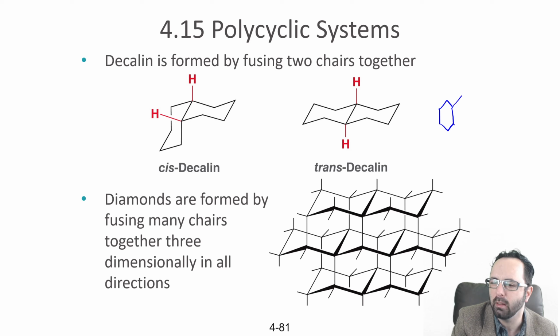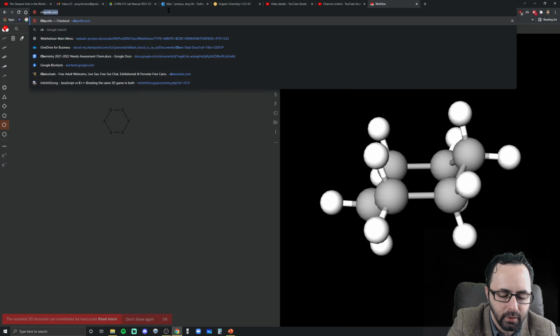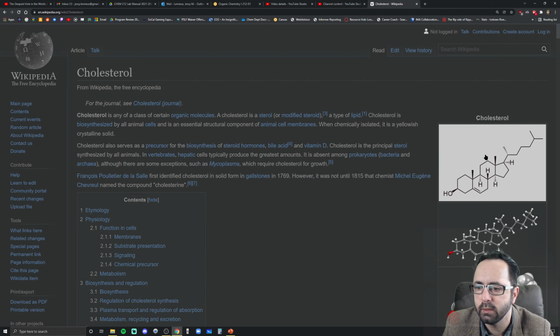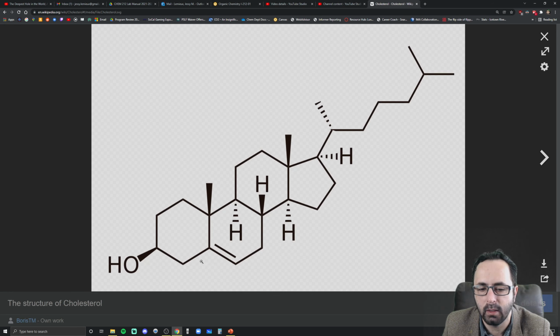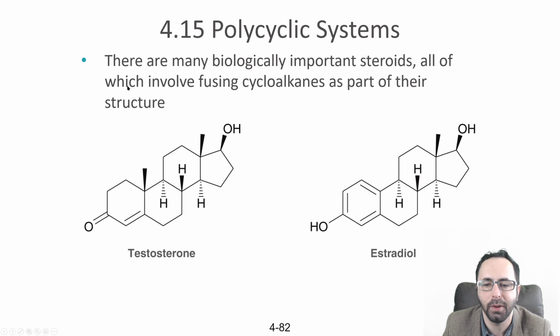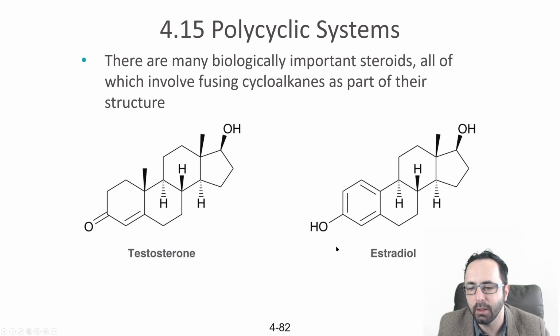I hope I'm remembering this exactly right. Let me just look it up. For some reason, I'm doubting myself here. But if we look at cholesterol, for example, here's cholesterol. So yeah, you've got a cyclohexane ring here, another one maybe has a double bond or something, another one, and then a 5-membered carbon ring. So these polycyclic systems are very common in, oh, they're right here. I had it. So the steroid hormones are right here. Here's testosterone, estradiol. So the steroid hormones have a very predictable